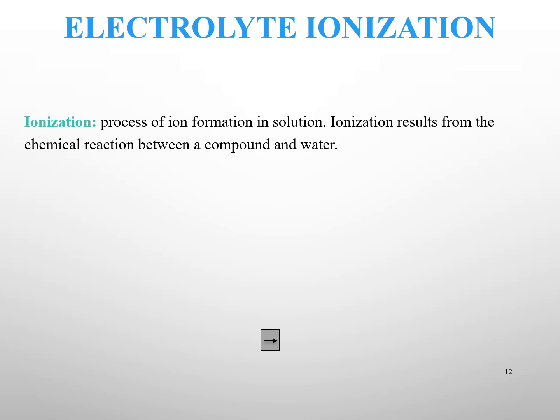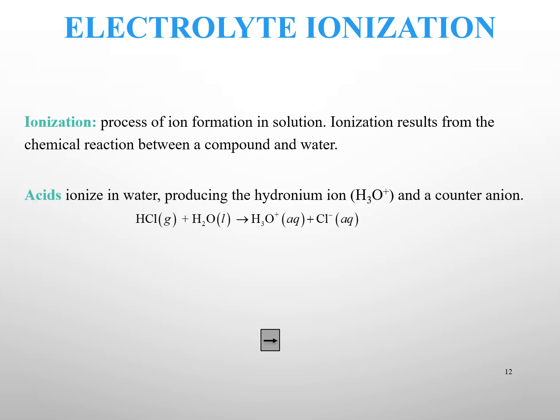Ionization is the process of ion formation in solution. Ionization results from the chemical reaction between a compound and water. Acids ionize in water, producing hydronium ion, which is pretty much the same thing as H plus, and a counter anion. So if it's HCl plus water, you'll make hydronium ion and Cl negative ion. If you didn't write water in the equation, H would just become H plus and Cl would be Cl minus. Because you add the water in the equation, the H gets put onto the water